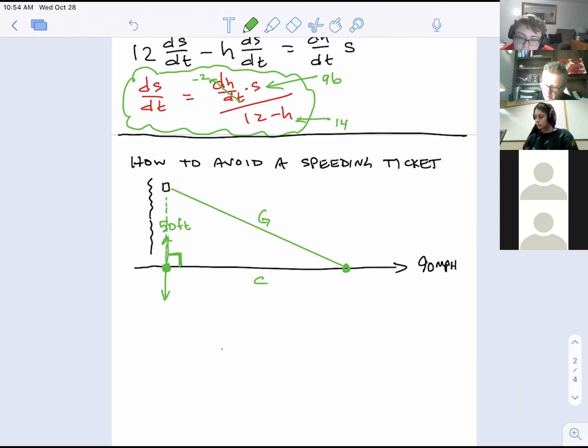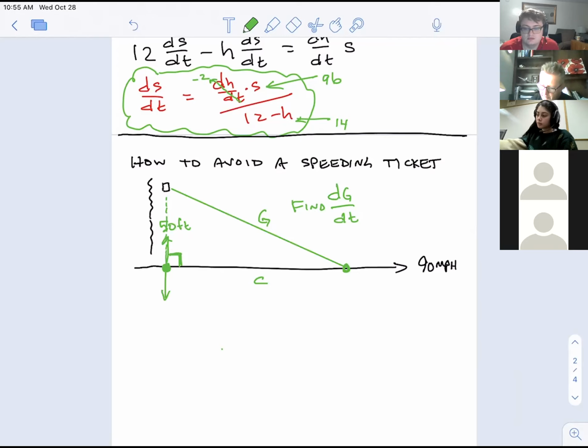What we're curious about is dG/dt. This is the one we want to find. Do you understand why that's the case? That's because that's what the cop sees. And that's what the cop pulls you over for, is dG/dt. How fast are you going? Specifically, don't we want dG/dt and its relation to 90? Exactly. It's dG/dt related to 90.